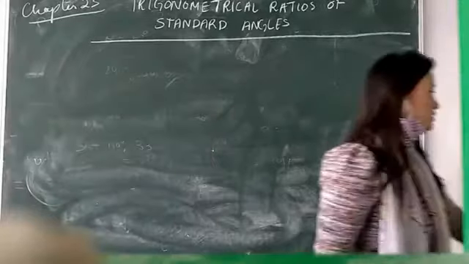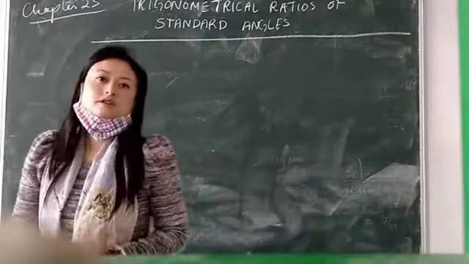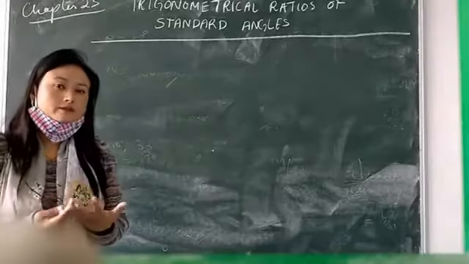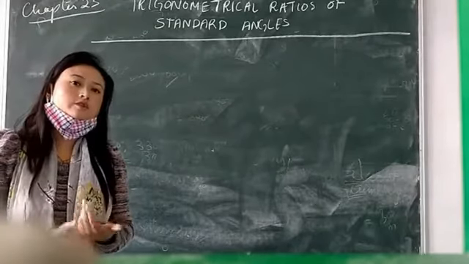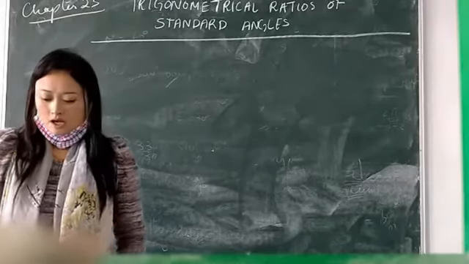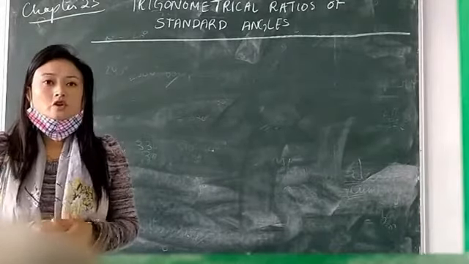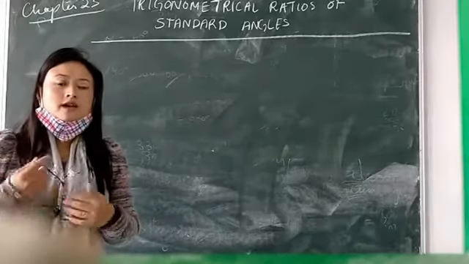Last time we did trigonometrical ratios only, isn't it? That is just the reduction part where we learned the 6 ratios, that is sine, cos, tan, cot, cosec and sec. Okay, and now today we will be learning about the trigonometrical ratios of different angles. Okay, taking different angles, how do we categorize those